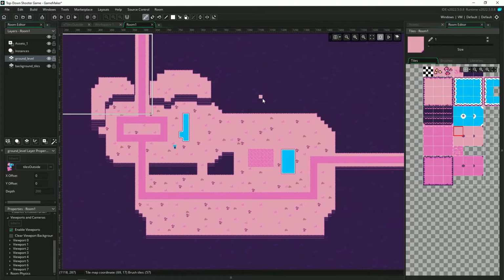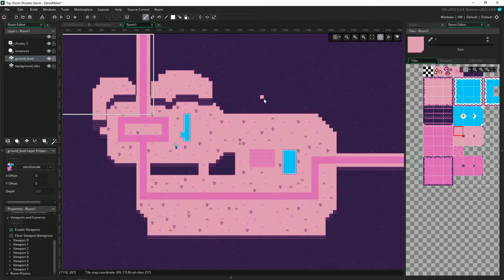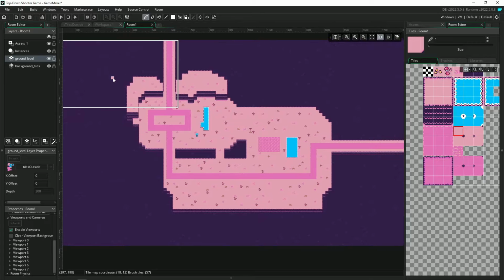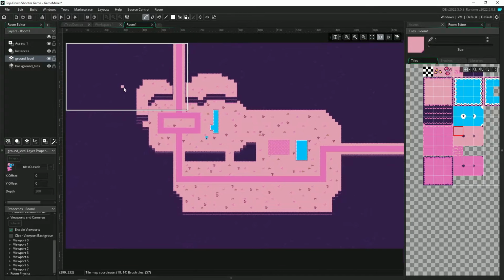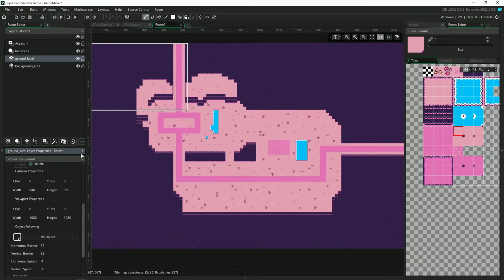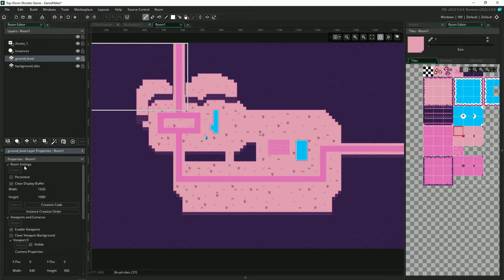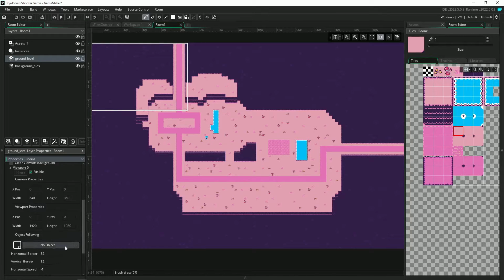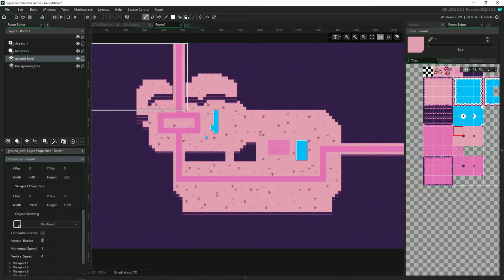Now, before we do anything else with the tiles, like adding a new layer for other stuff, let's just get the camera following the player, and we're going to do it slightly differently than we did in the RPG series. As you may or may not know, down here where we defined our viewports and the size of our camera, here in the room properties under room settings, viewports and cameras, we set all this, and there is also a bit to tell GameMaker, okay, which object do we want the camera to follow, and there's just a little bit of information regarding the built-in